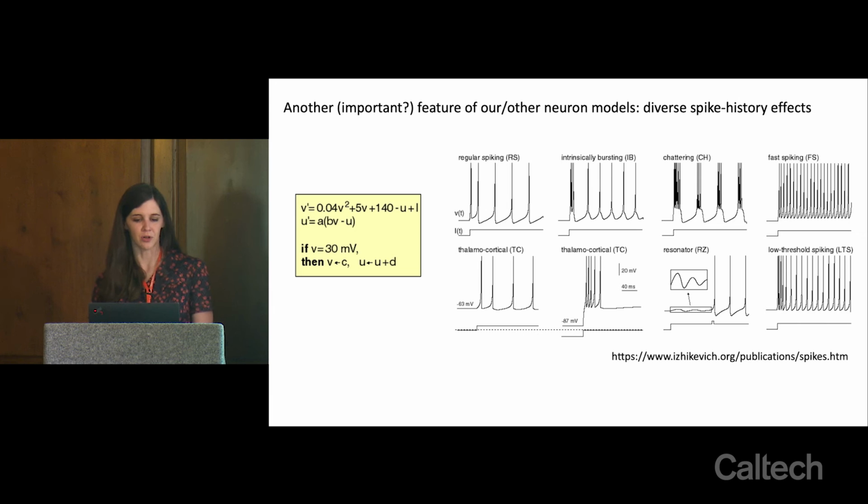These models in general, or these different spiking patterns in general, can all be captured by a fairly simple neuron model, the Izhikevich model, which describes the change in membrane potential as a quadratic function of its value, with this additional sort of memory parameter that keeps track of your spiking history, this U term here. So U is what facilitates this adaptation of spiking or gives you this chattering behavior.